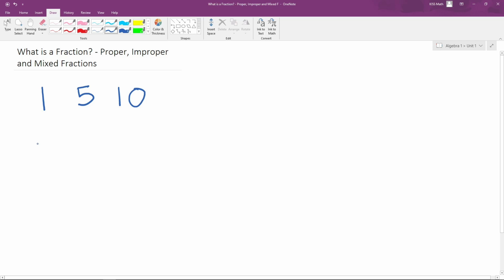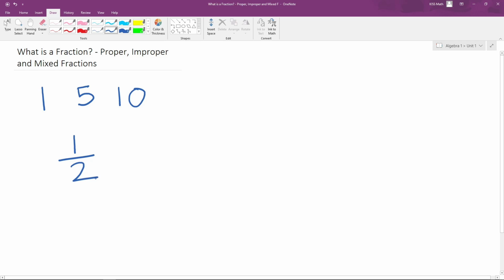Now, fractions, on the other hand, they're a little bit harder, and if you don't learn them now, there's really no hope for you later, so it's better to just get it over with now. Fractions are used to describe a proportion of something, like 1/2 of a population or 1/2 of a gallon of milk. And we typically write a fraction like this. So for 1/2, we would write it as